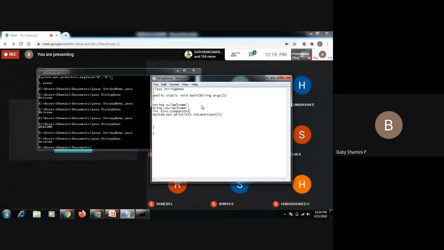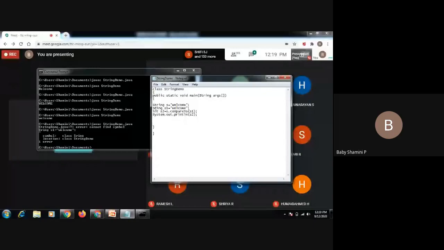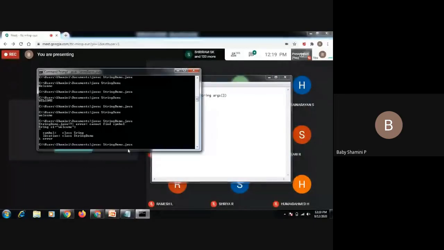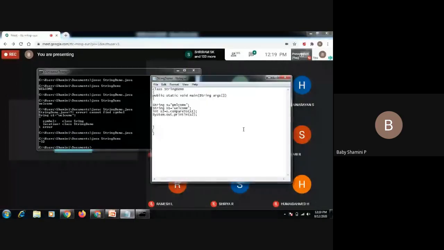I'm going to compare S with S1. It will display some integer value, so again I'm going to print the integer value. It compares both the values and displays the answer.